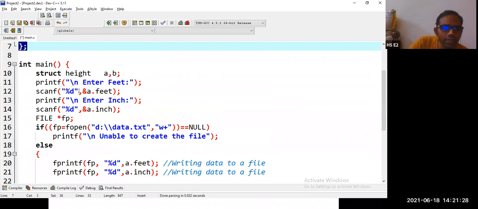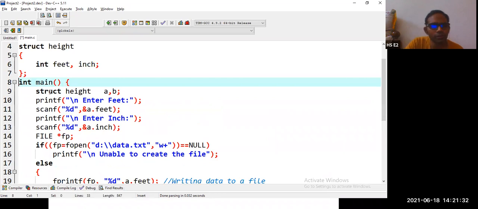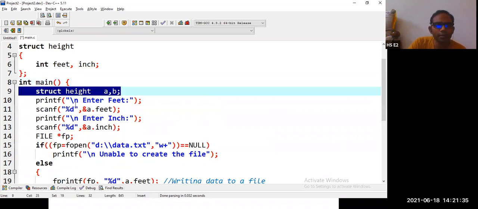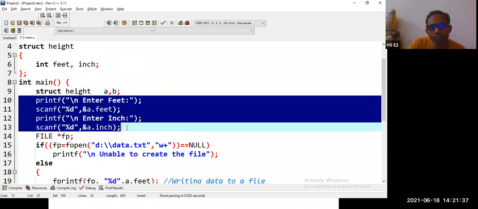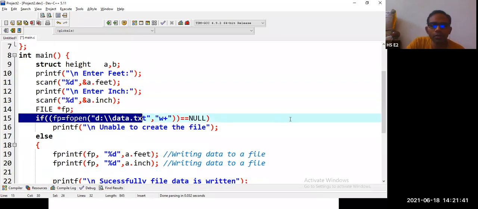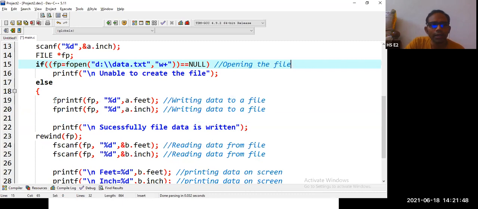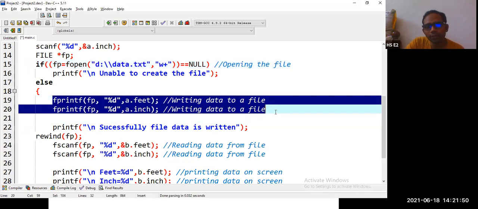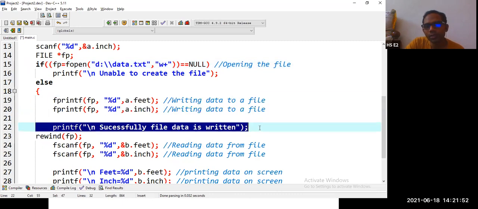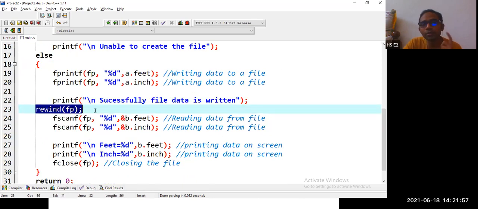Is there any doubt in the program? Very simple one. We are declaring structure variables. We are taking the input from the user, a dot feet, a dot inch, then creating the file pointer, opening the file, then writing a dot feet and a dot inch to the file, then printing successfully data is written, then performing rewind, moving the file pointer to the beginning of the file.